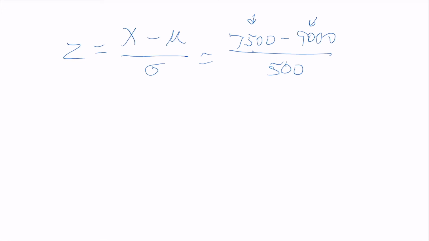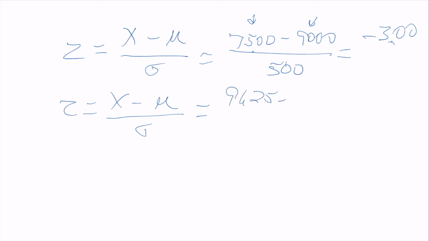This is the low end of what I expect to sell minus the average of what I did sell last September, and when I get the math all done, I see a negative 3.00. Now, let's go for the high end and get our z-score there. The z-score is equal to the same thing. The variable minus the mean divided by the standard deviation is equal to